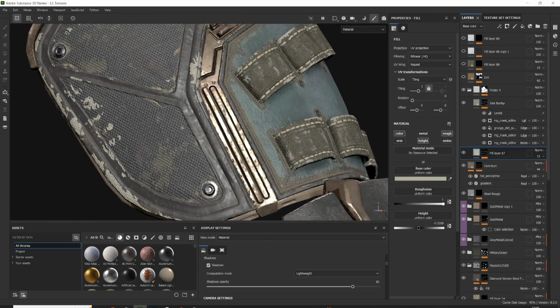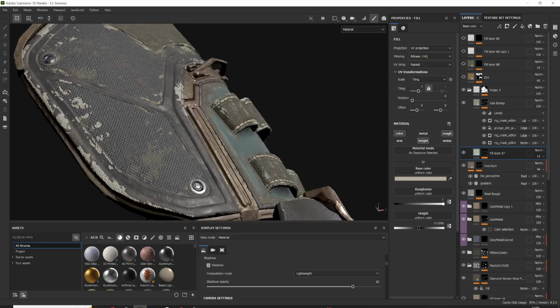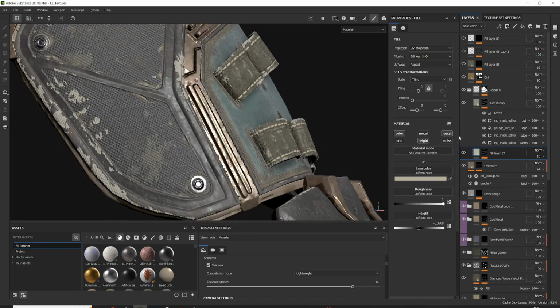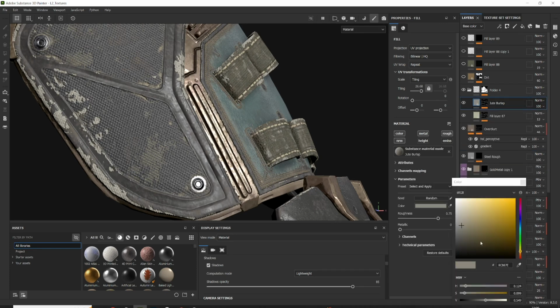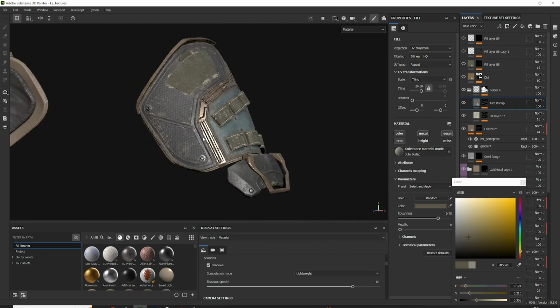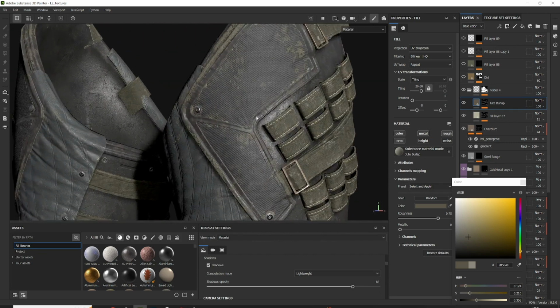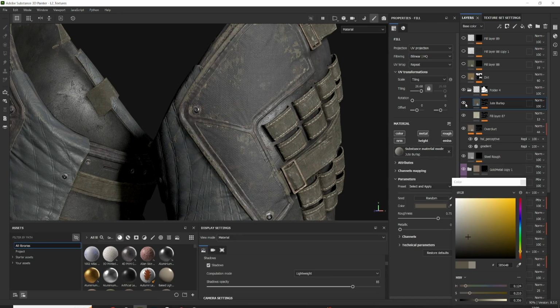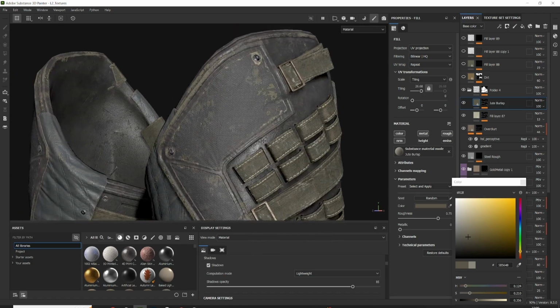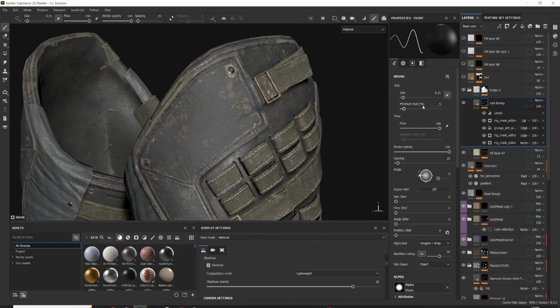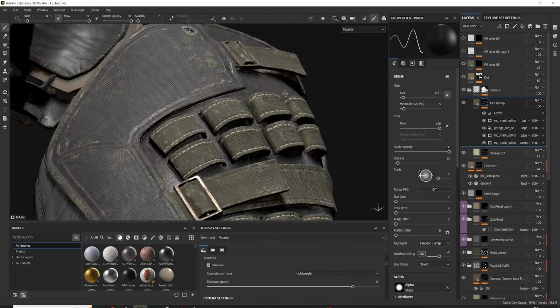So yeah, like that it is going to just affect this, but I prefer it to have a little bit darker right now, so it's giving me a little bit of detail. And now I don't want it to affect this one, so